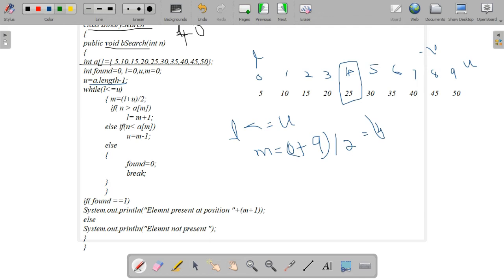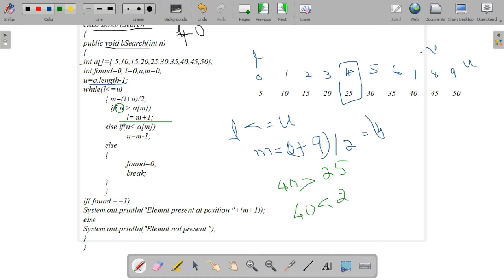The search element is indicated by n, so 40 is the value we have given. Is 40 greater than a of m? If it is greater than a of m, we have to update the lower limit equal to m plus 1. Else if 40 is less than a of m, the upper limit is updated.